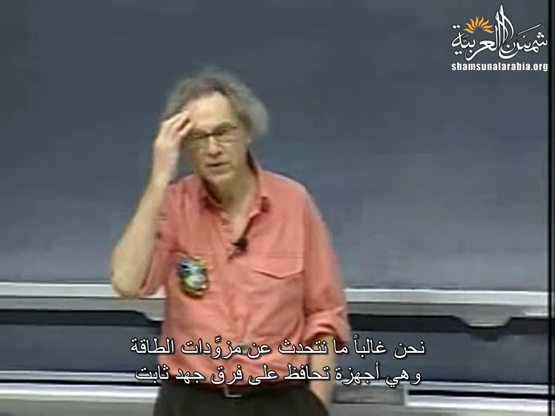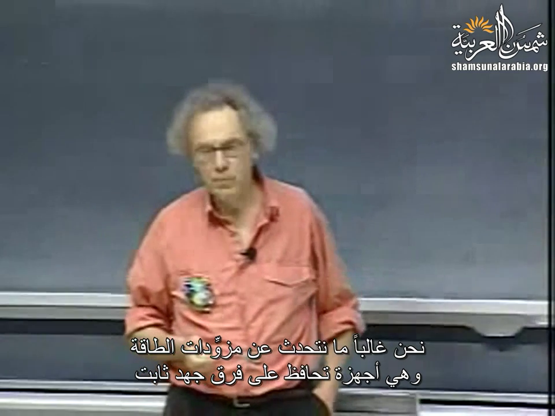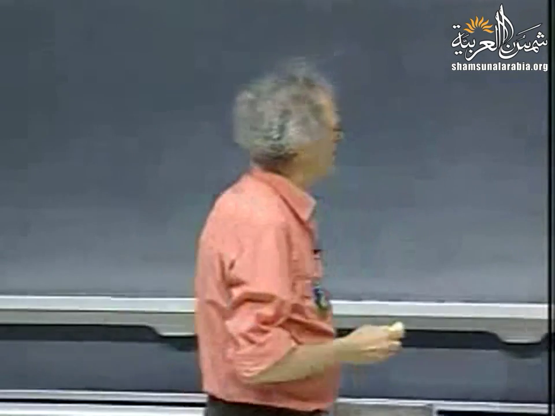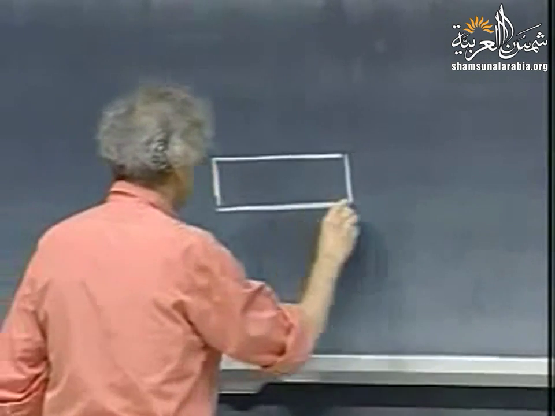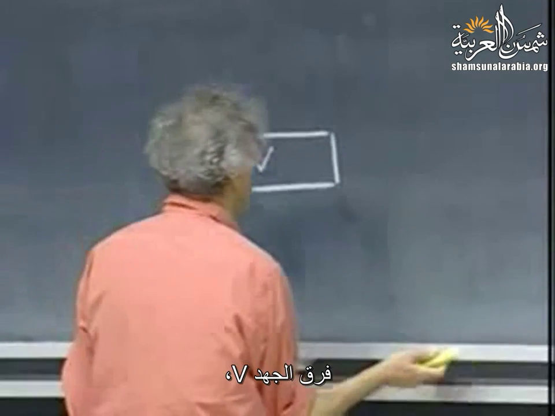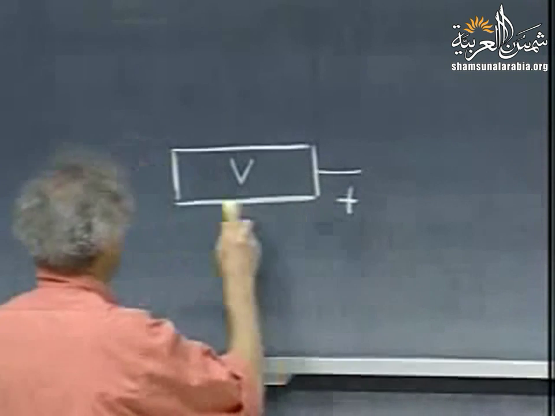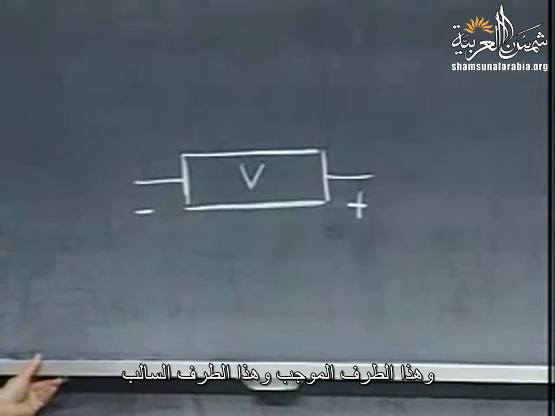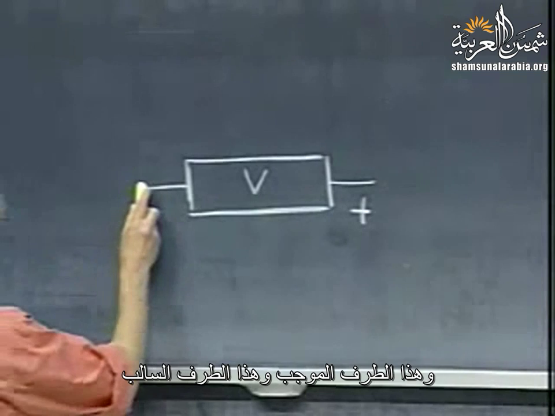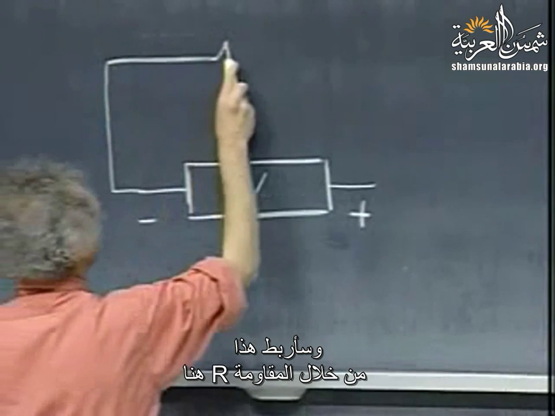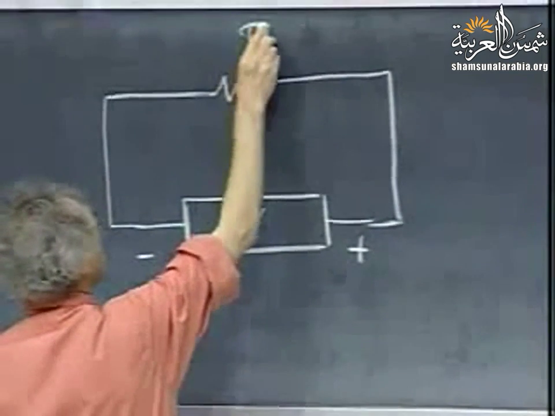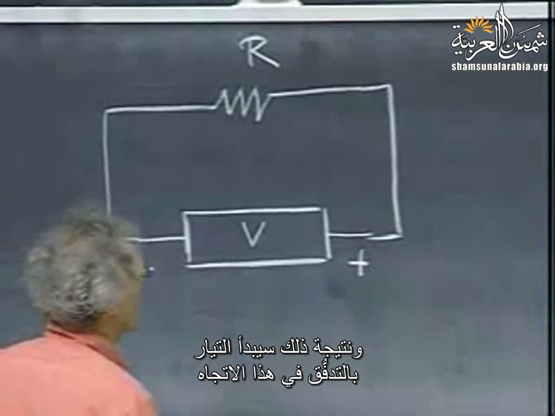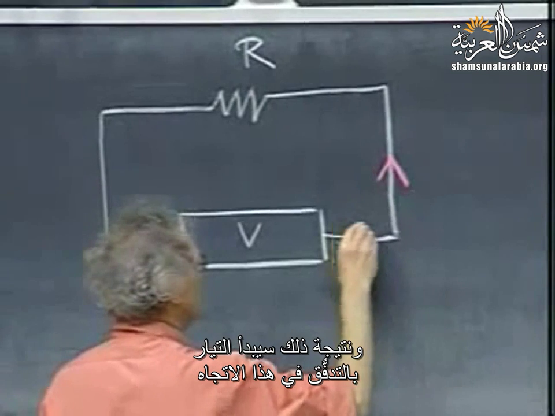We have often talked about power supplies, which are devices which maintain a constant potential difference. Here we have such a power supply, potential difference V, this be the plus side, and this be the minus side. I'm going to connect this. I have a resistor here, R, and as a result of this, a current will start to flow in this